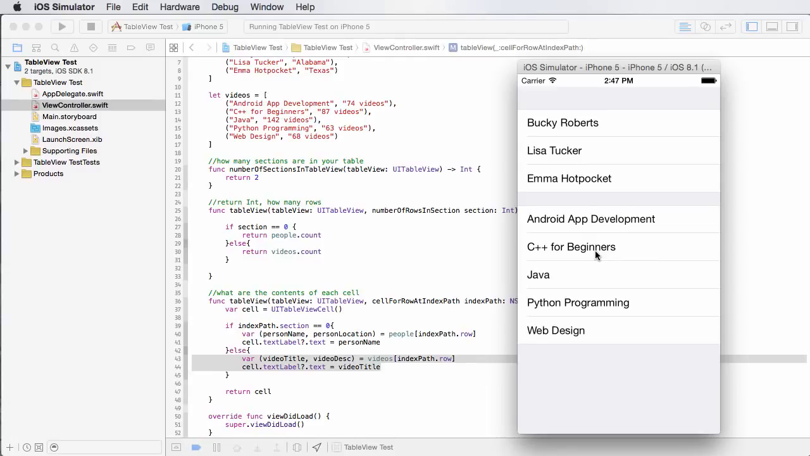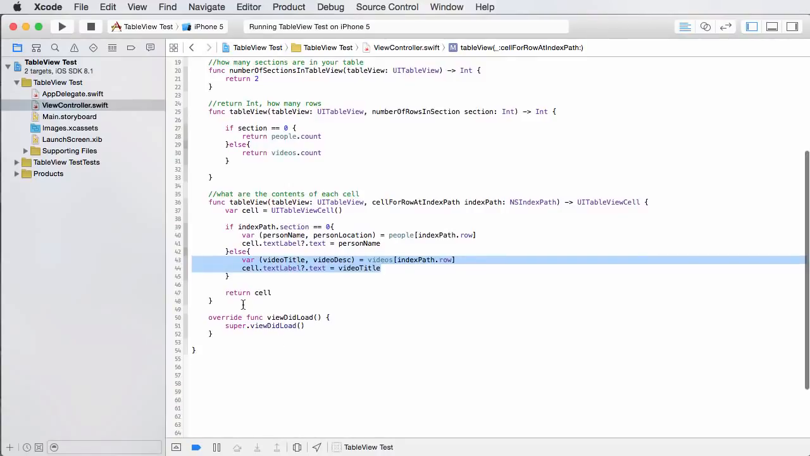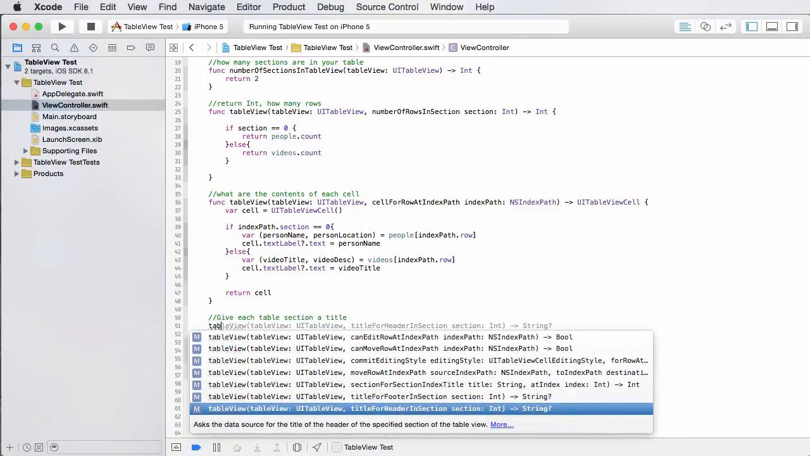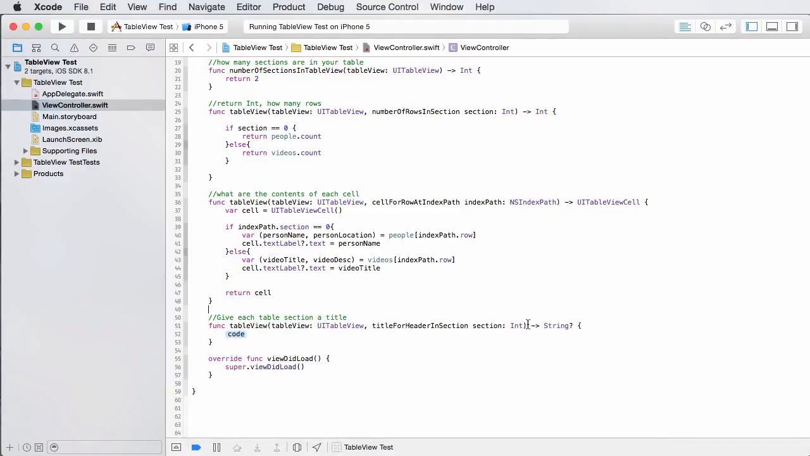So if the user's just looking at this, they're like, okay, so I see a bunch of names and then I see a bunch of programming categories. What the heck am I looking at? It's always useful to give them a nice little title above each video section. So I'll show you guys the method to do that. Let me just say, give each table section a title. All right, so if you go to table view and you return string, then what you can do,